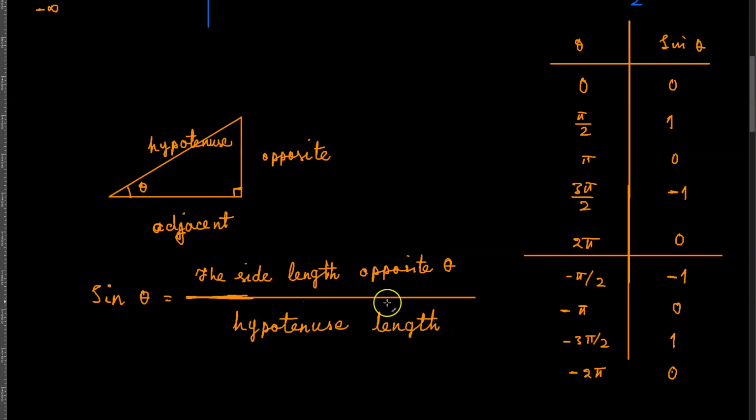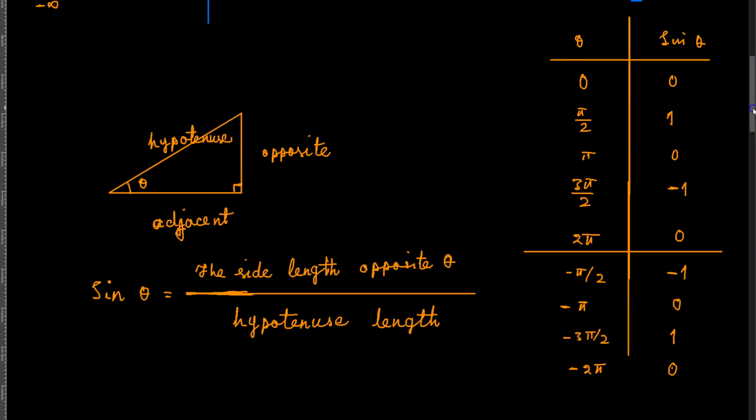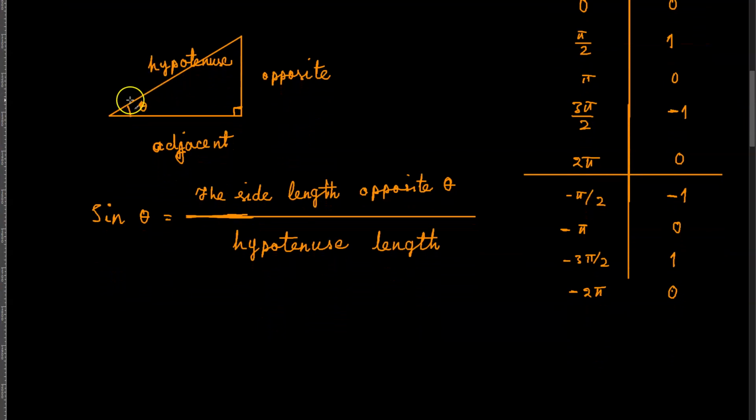So you put the length of the hypotenuse in the denominator, meaning that you're simply taking the ratio of this side length, which is opposite theta, to the side length of the hypotenuse. So that is simply sine of theta. Now, in the same triangle, having the same angle theta,